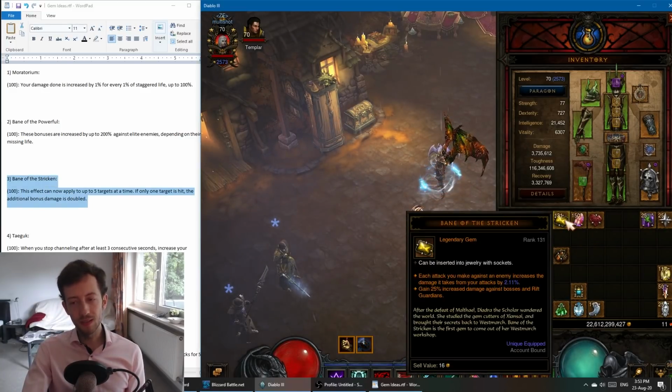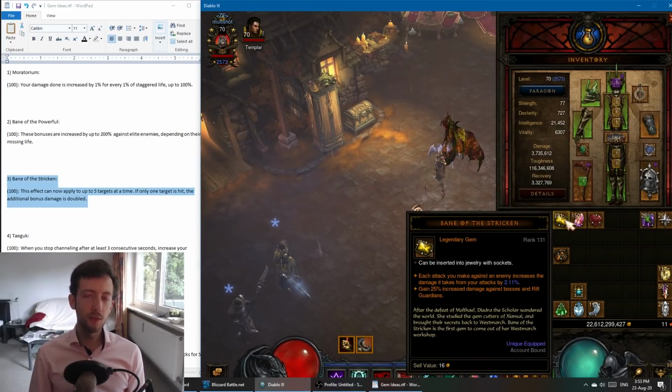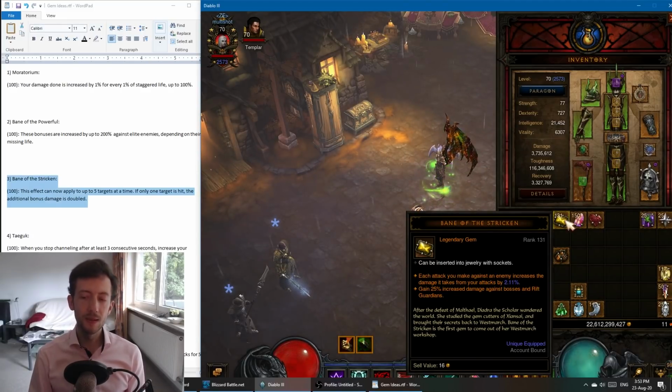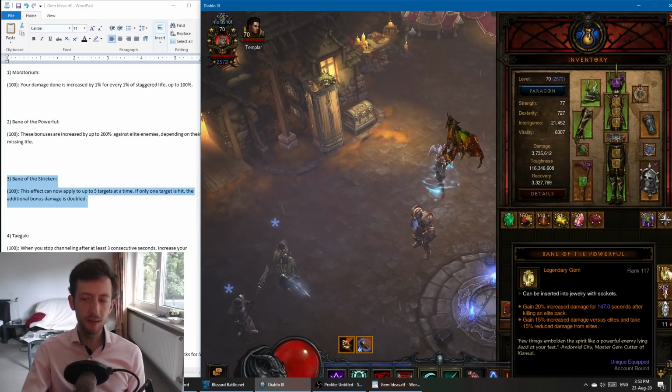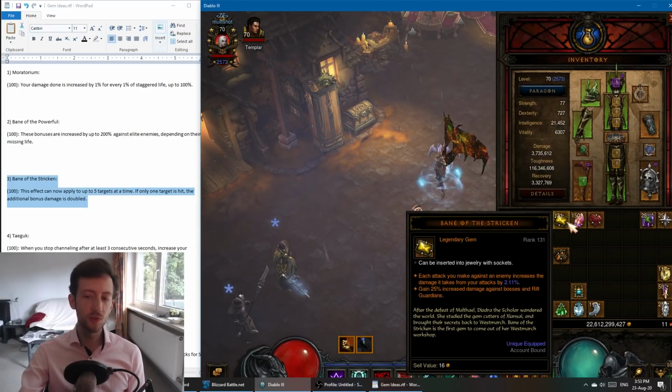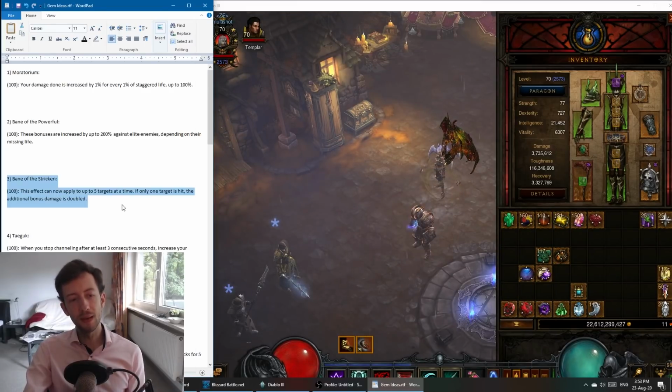Bane of the Stricken, just in general, was created to allow us to somehow kill Rift Guardians because, well, in the game we have area damage, which is also kind of related to this problem here. And without area damage you cannot kill anything in most cases. That applies especially to Rift Guardians. And I think that we've had enough of 5-minute plus Rift Guardian fights. I think they could be shortened, so we could just juice up this gem a bit, make it apply twice, for example,